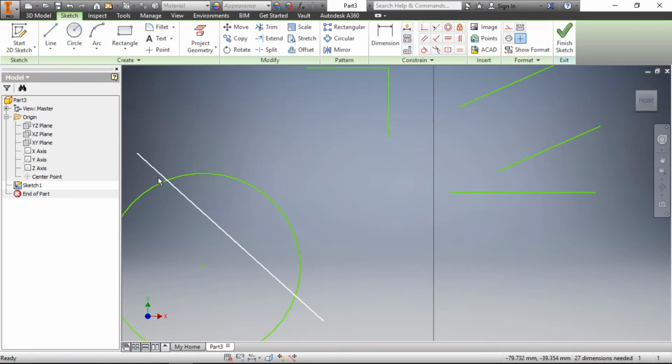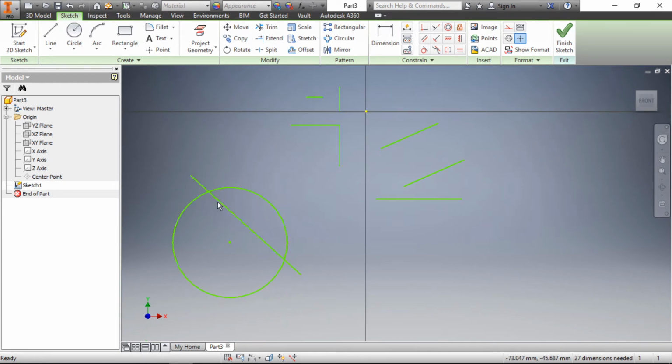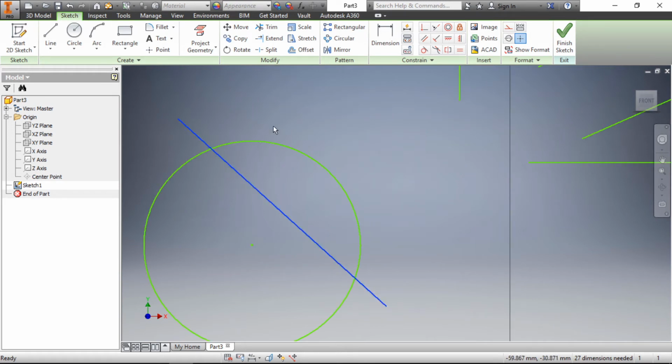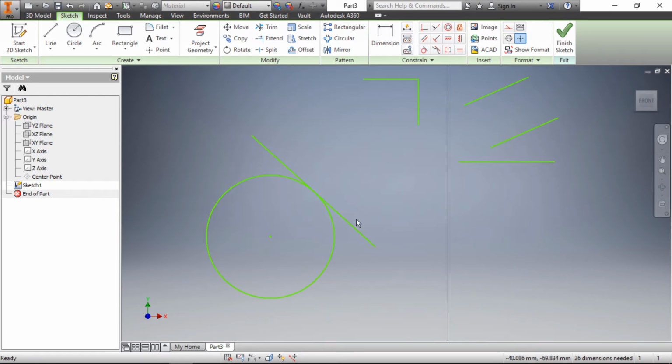I have drawn a circle and I have one line which crosses the circle at two different places. If I want to make this line tangent to the circle, then select the line and circle and apply the tangent constraint. Tangent means the line can intersect the circle at a single point only.